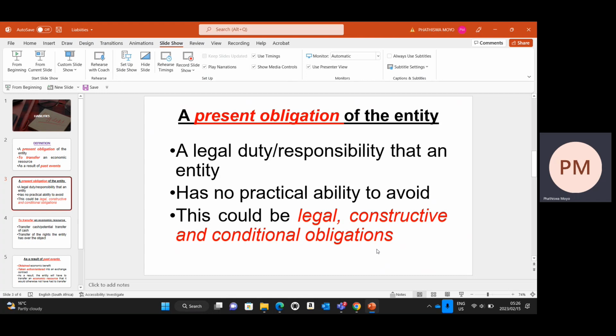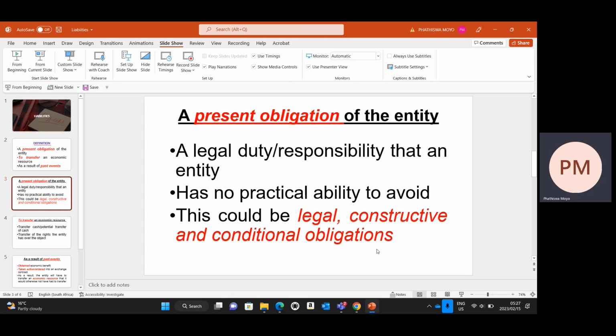For example, Kumba iron ore, when they have to dig and find some mineral somewhere, they have to rehabilitate the land. You can't just get resources, make money, and walk away. The land must be rehabilitated. And some obligations can be conditional obligations. So this depends on a certain event